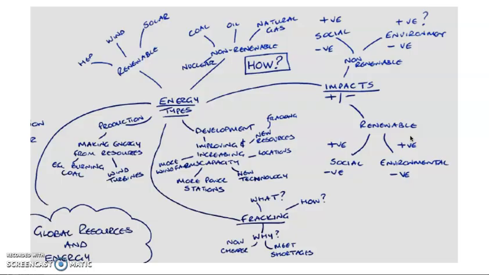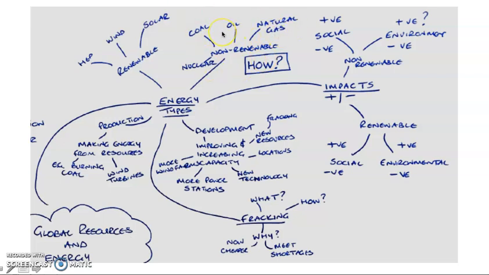So that was the resources overview. We now look at the energy types. Now again, we can look at renewable and non-renewable. So the renewable energy types are those which, again, if we look after, will always be available. And if we harness them correctly, we can get a lot of energy. So we're talking about hydroelectric power from water, wind and solar, or non-renewable, which could be nuclear, coal, oil, natural